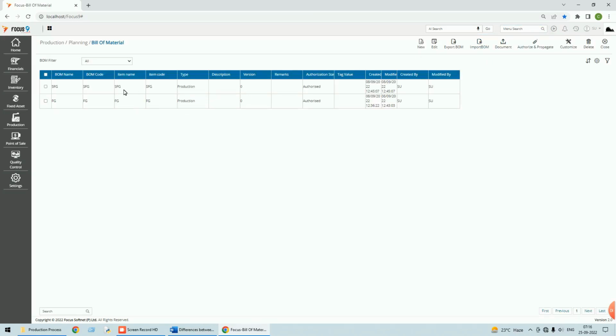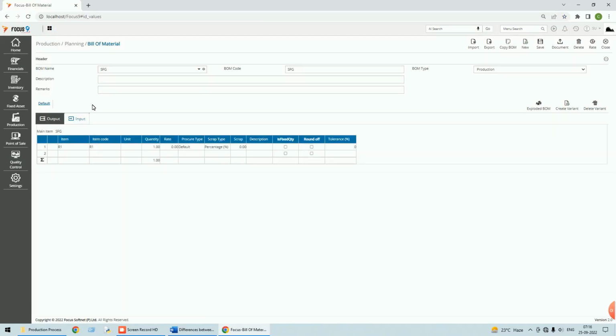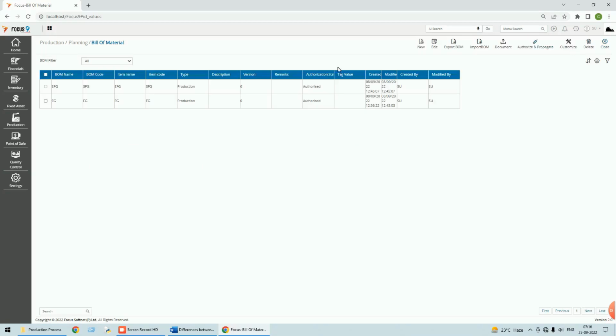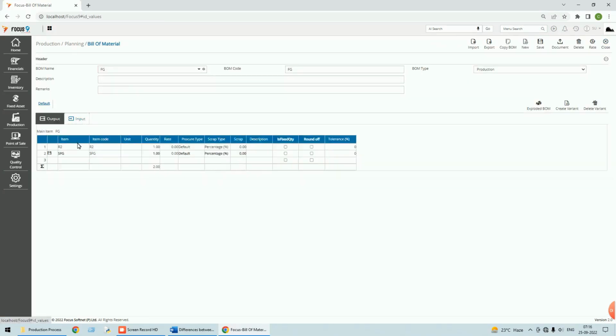Here I have given two bill of materials. For the first bill of material, I have given only for the FG. This is my output item, this is my input. To get an SFG I am using only R1. One bill of material I made for SFG and another I made for my